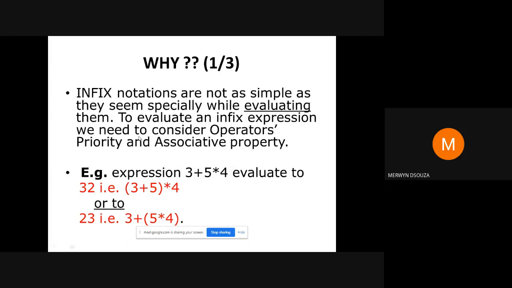When you solve it using stacks, you will see that it's pretty simple to get the conversion. It's not so difficult for the computer. You may find it a bit difficult to understand the program because you are new to this kind of programming, but for the computer it becomes quite easy.